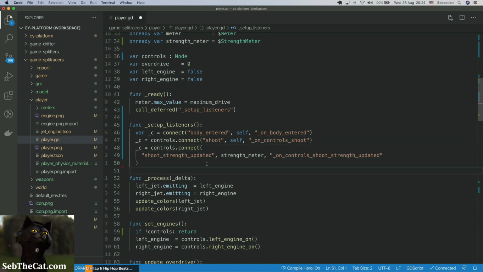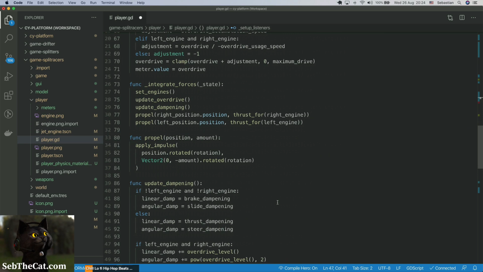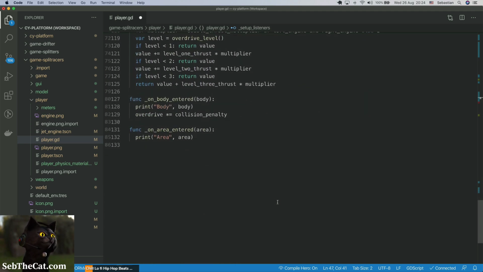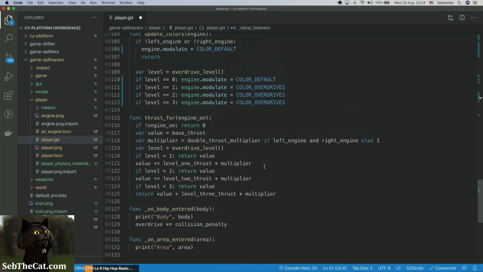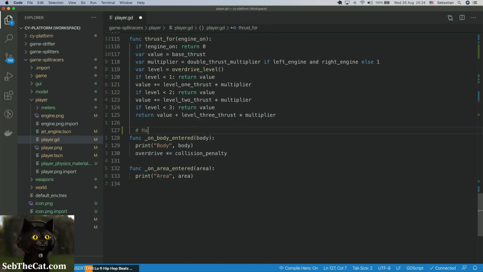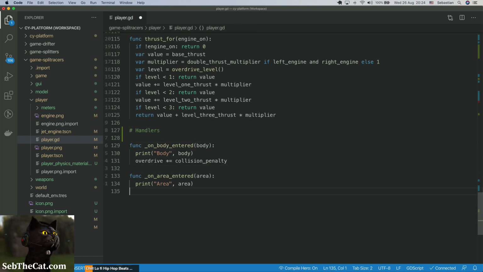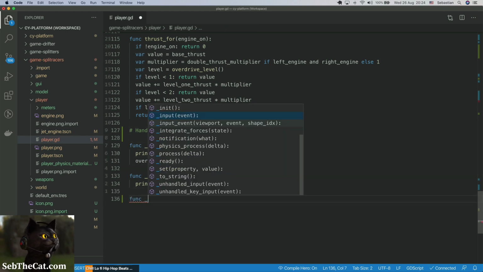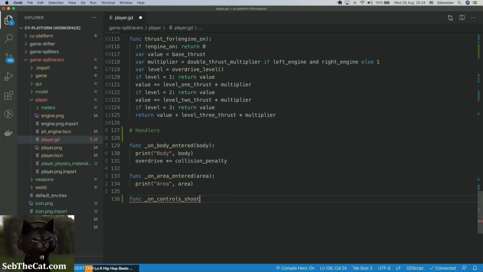So now we just need to implement this handler. We'll just make a little section down here called handlers and implement that. So we'll go func on controls area shoot, and I think we're going to need to have